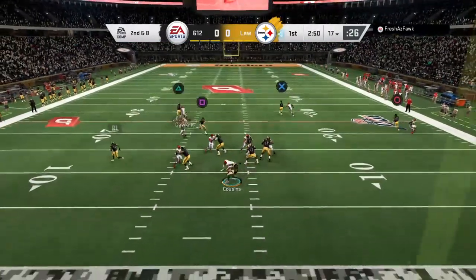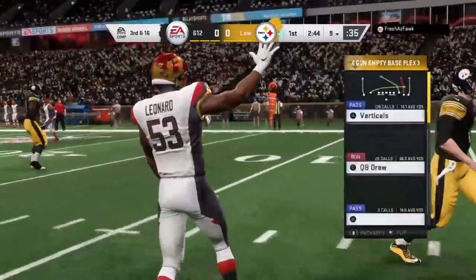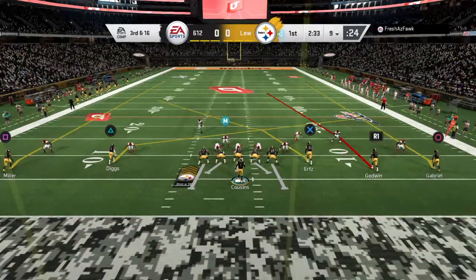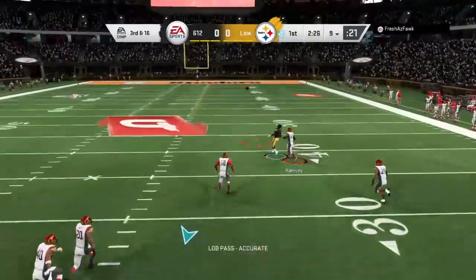From the 17, Cousins. Blitz coming, and down he goes. The linebacker, Darius Leonard, applied the heat. Now, we talk about players blitzing all the time. I often laugh and sometimes call it just straight-ahead pursuit. What a running start right back to the backfield for him. Yeah, it really didn't give anybody a chance to get...